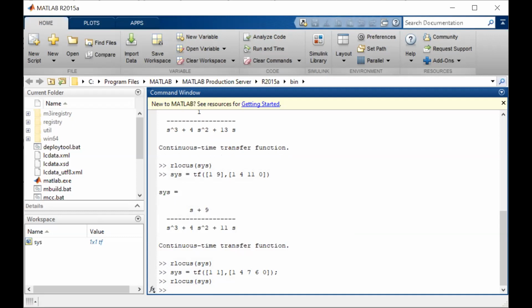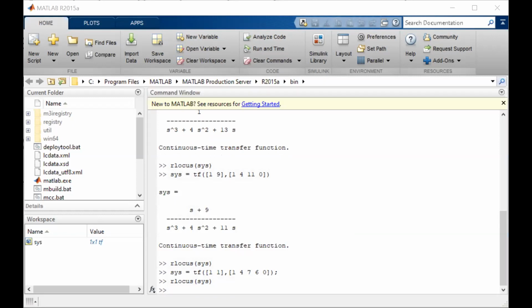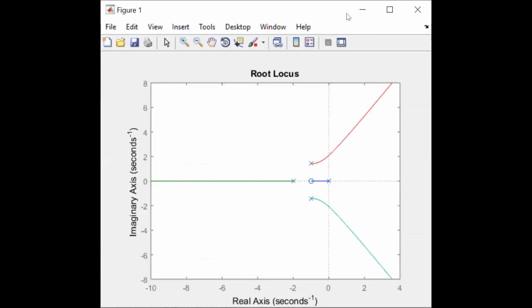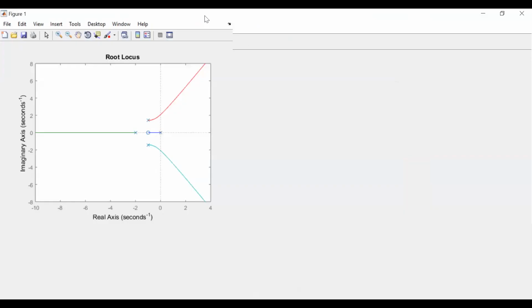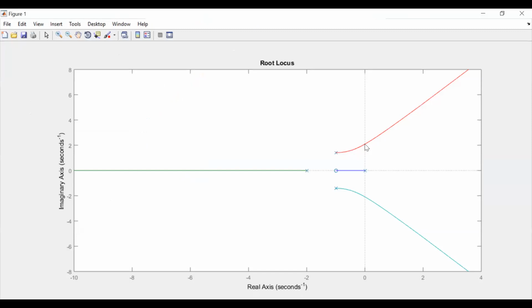The root locus graph, we'll get the root locus graph. The root locus graph is here. Okay. Now, see, this is the root locus graph that we have got. We'll maximize this. See here, we had 4 poles, so we have 4 root locus. And let us see how those values of k.